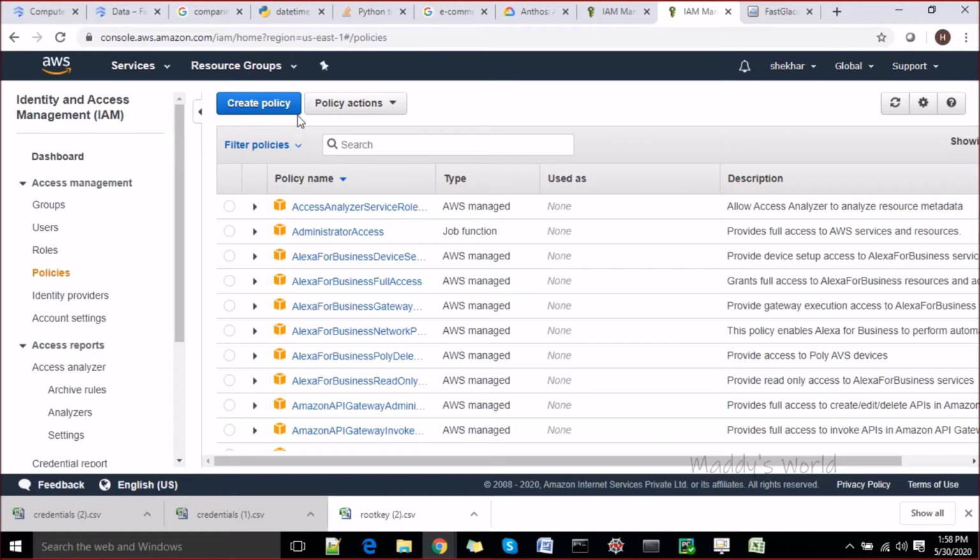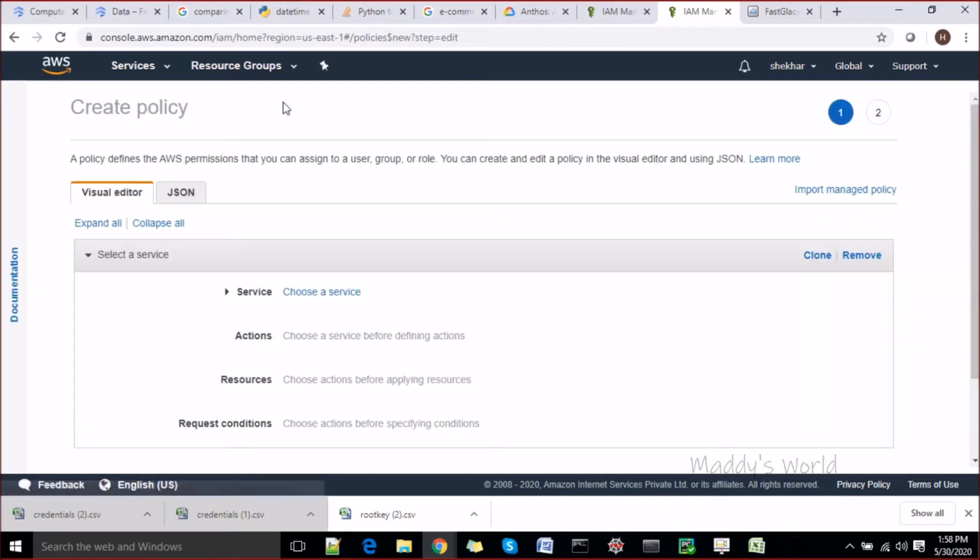Policies basically mean creating a set of rules that would be followed. Let's go ahead and create one policy here, which is called my custom policy.